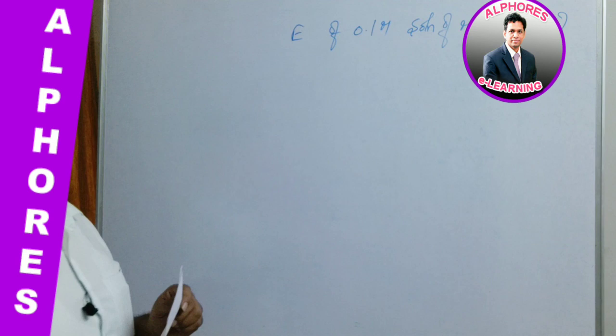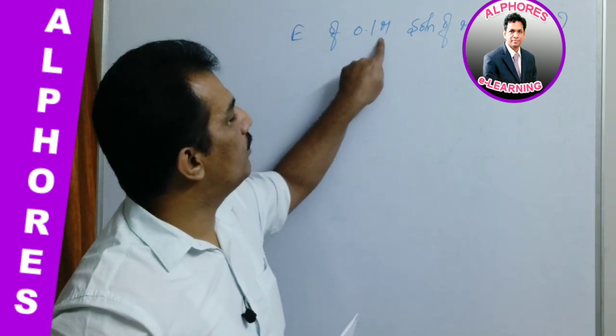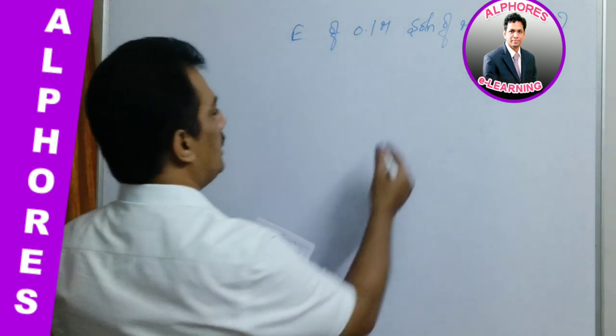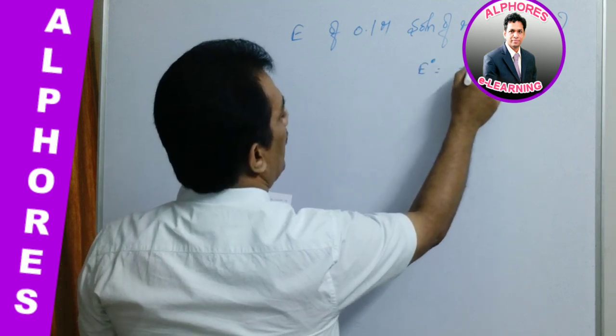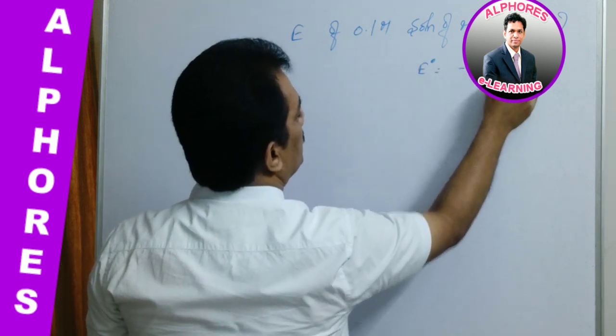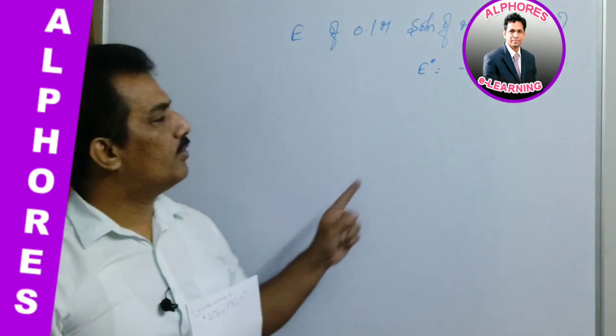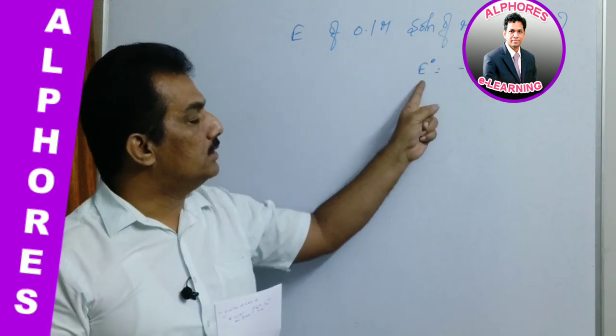The electrode potential of a metal ionic concentration 0.1 molar is, and now they are providing this E naught of that metal is minus 2.36 volts. This is the data. What they are providing is the concentration of the metal ion, and the standard